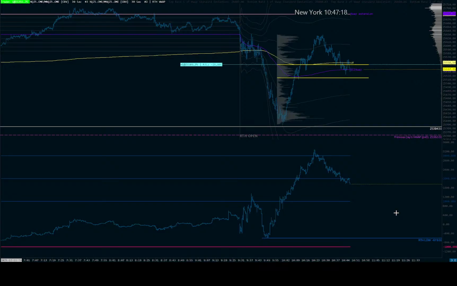And for me, when I went down the auction market theory route at that time, it was not giving me clear signals, right? Maybe I didn't understand it well enough to buy and sell at certain points on a TPO chart or on a volume profile chart. Since then, I've come to understand a lot more and understand the auction process a lot better.